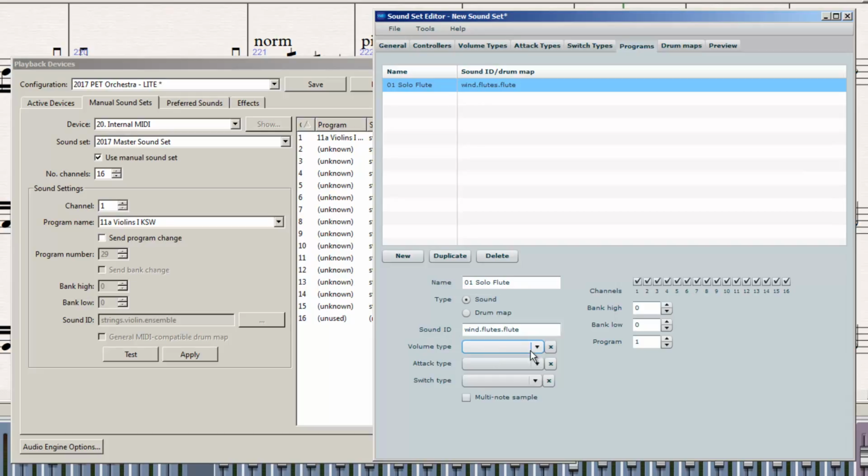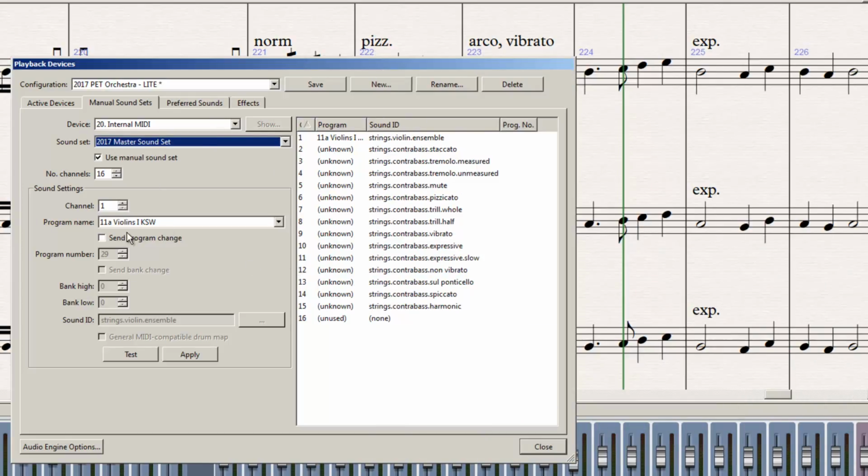So now, underneath this, I can designate, when Sibelius is sending sound IDs to this particular program, what kind of volume type do I want to use for it? What kind of attack type do I want to use for it? And again, leave them blank if you want it to just default to the default volume or attack type. And then this is where the whole thing comes together. I can select which switch type this program will use. In this case, this is the only switch type that I've created today. So I'll click that. And that means that when I load that program into my manual sound set, or my playback configuration,